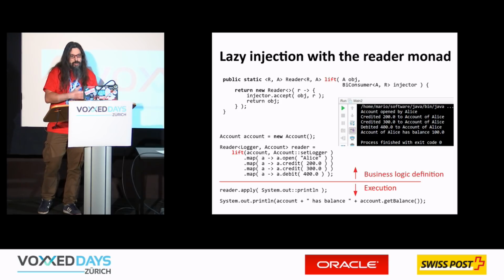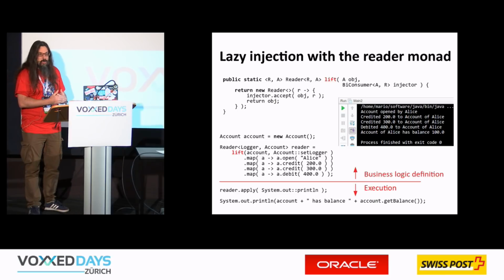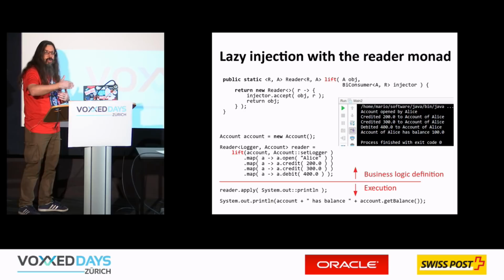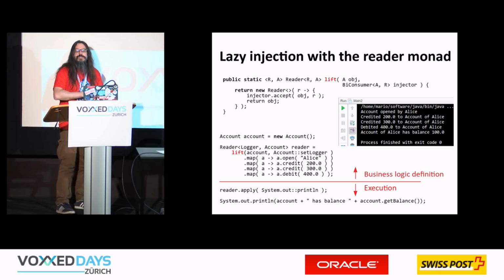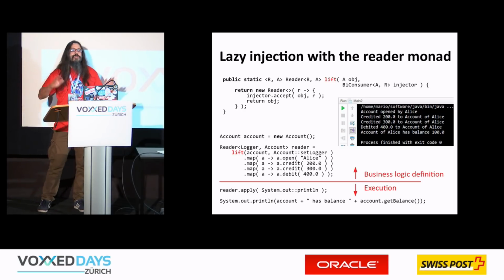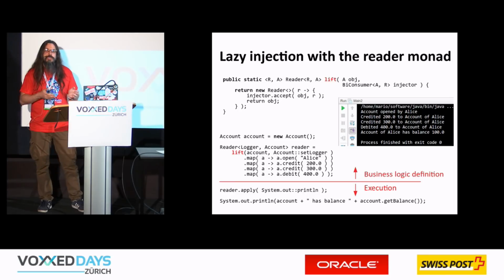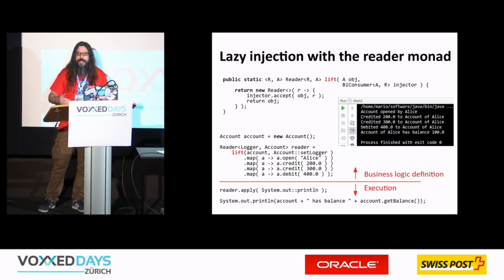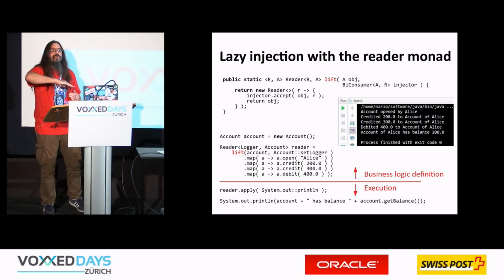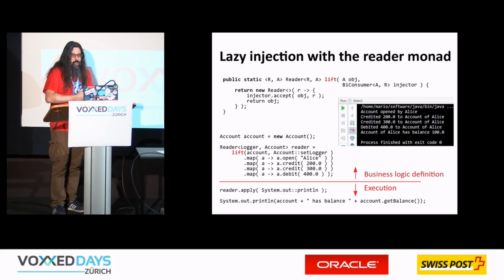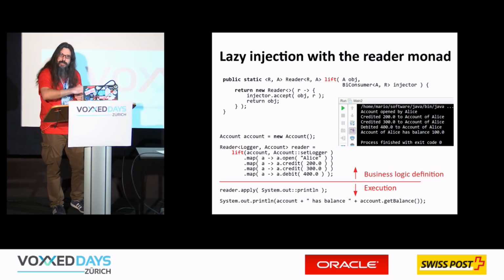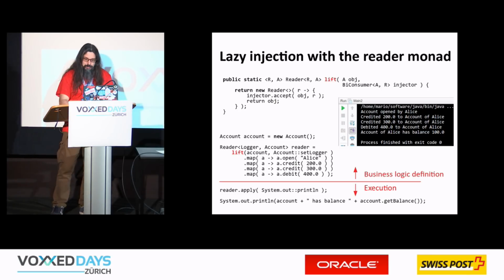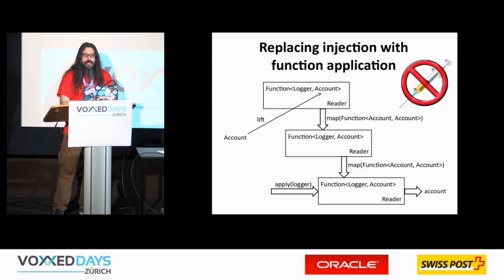What this new way of doing things allows you is to clearly separate the business logic definition from its execution. So I have a business logic definition when I don't need any dependency to be injected, because I'm not performing actions, I'm just defining them, okay? And only when I go to execute the operation, I will actually need my dependencies to be injected, okay? And in reality,